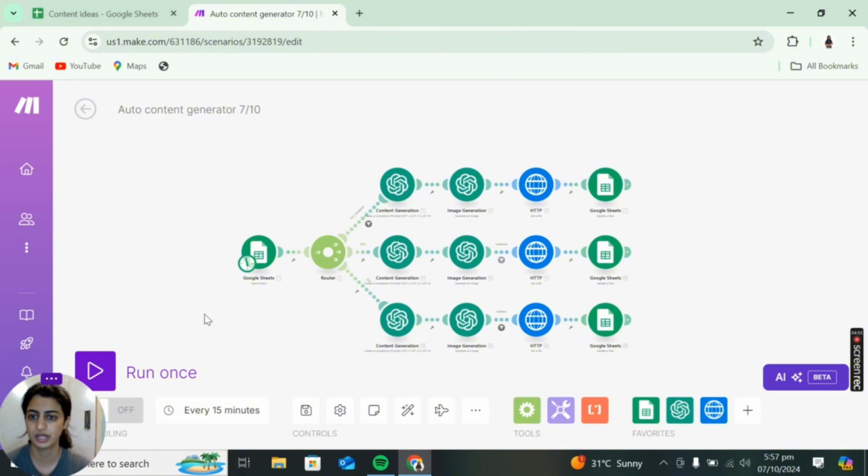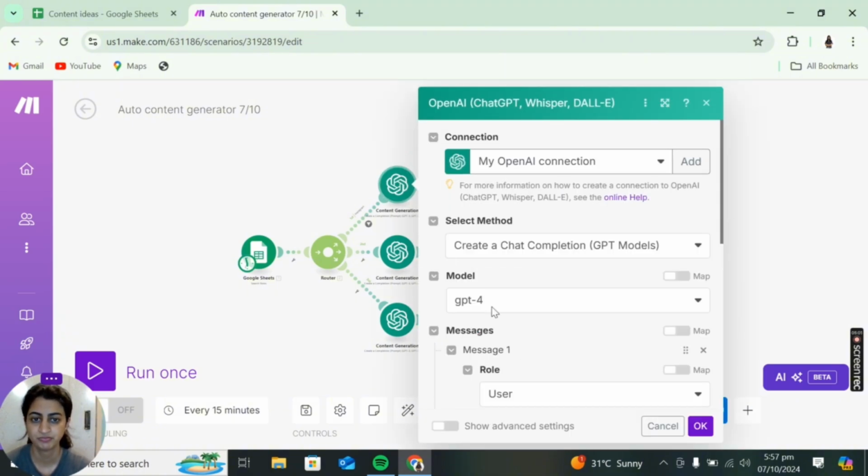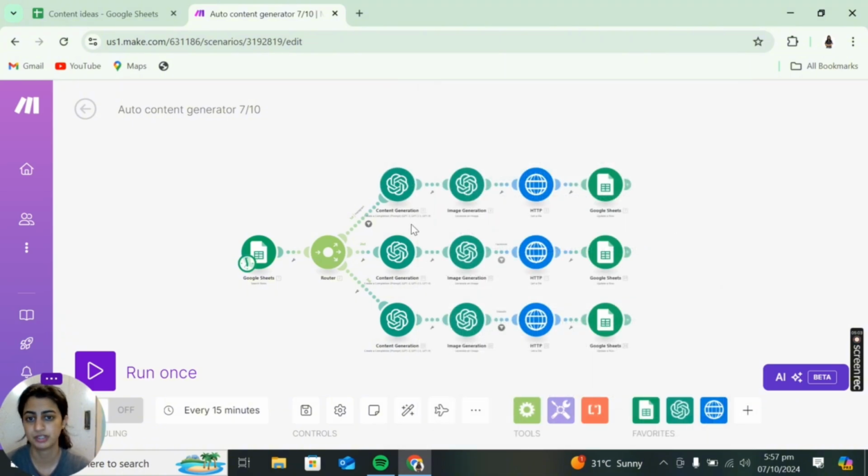Let's just give it a try. This is obviously a very basic demo version with demo content. It might not give out the best results, but depending on how you prompt it, depending on the examples you give ChatGPT, and depending on how much context you're giving it, the result could drastically be improved.